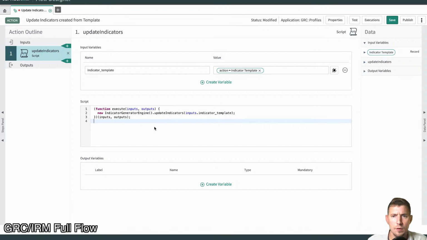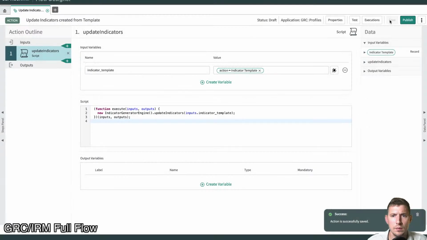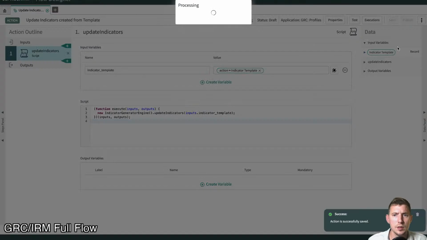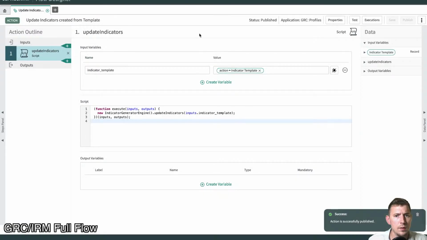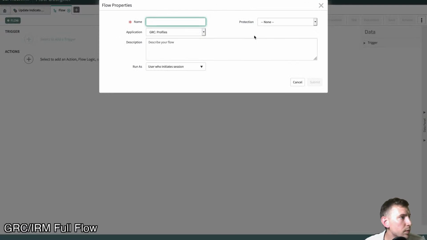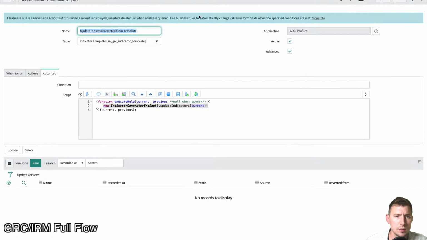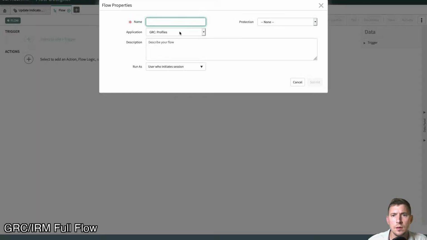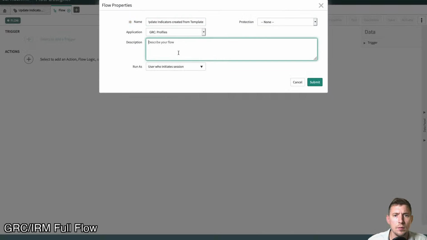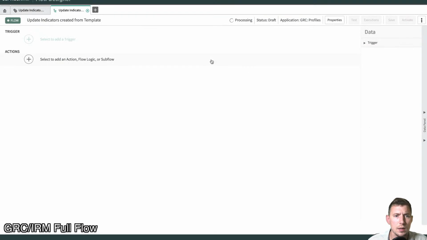Okay, we're in the right application scope. Update indicators, we've got an action based on an indicator. Save this, publish this, and now we can replace the business rule with the flow. Update indicators created from template. We're in the right application scope. Run as the user who initiates the session. Yes. Trigger